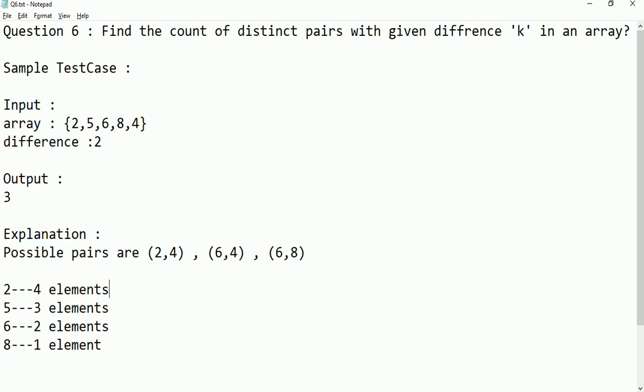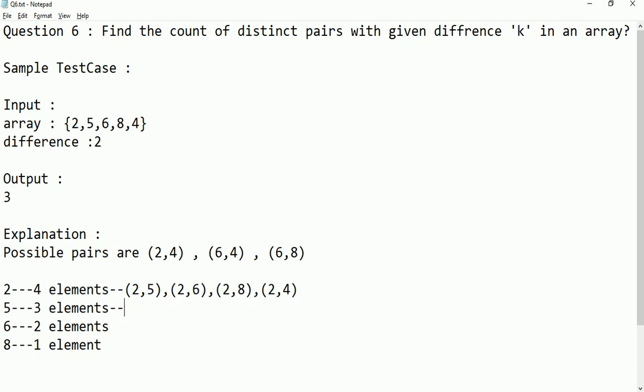I'll show you the example. I said 2 is comparing with the 4 elements. How? 2, 5, right? Next 2, 6, similarly 2, 8, and next 2, 4, right? So these are the comparisons happening with the element 2.